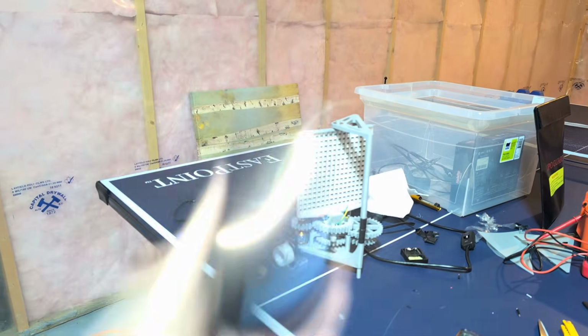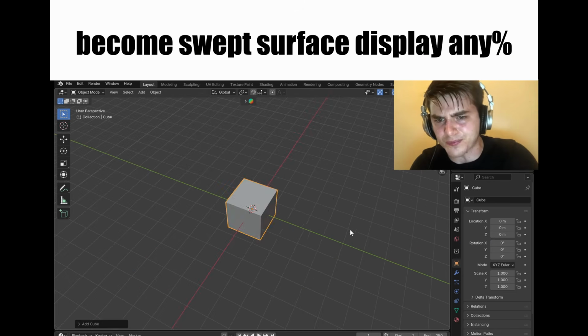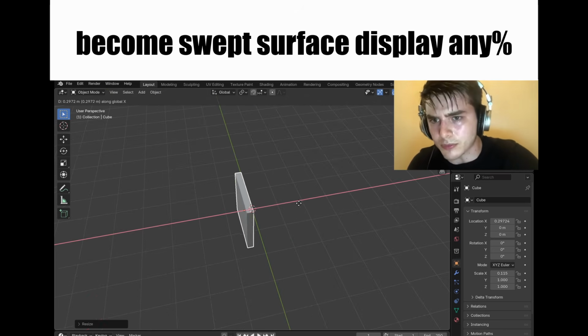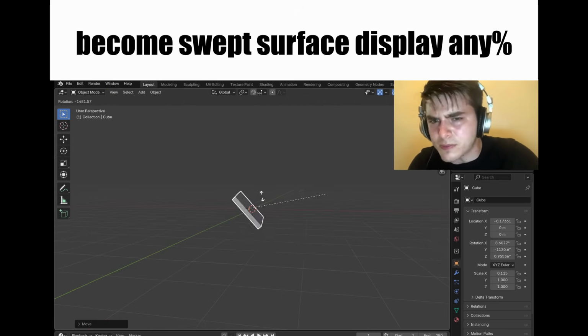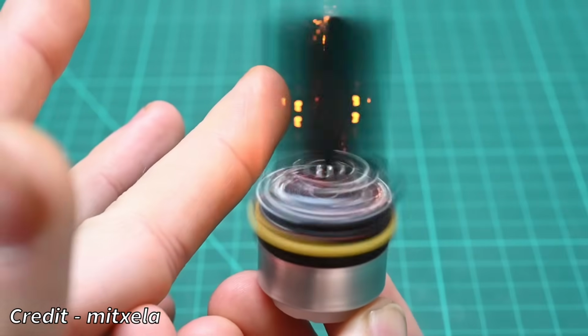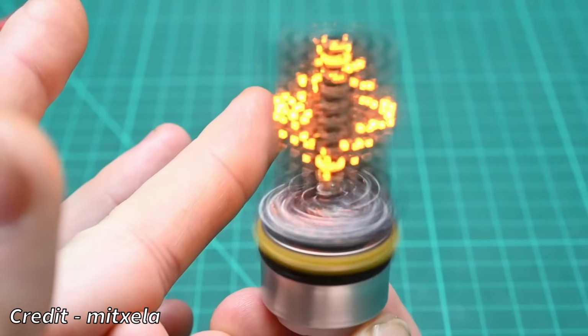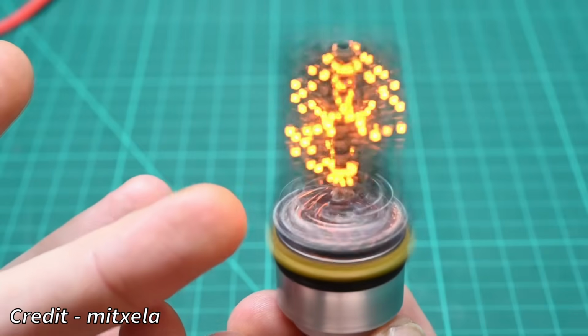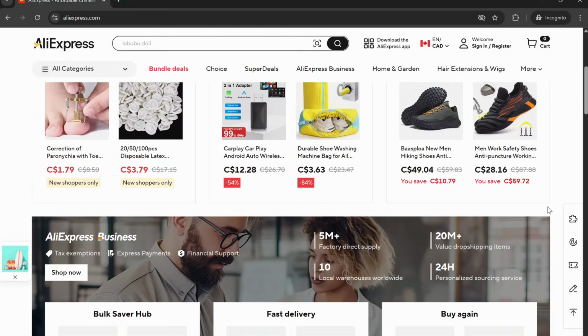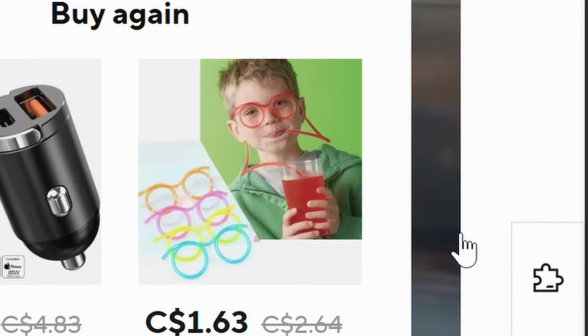Now, this is basically just the same thing, but instead of one or more individual points, we just move around an entire 2D surface really quick. One of my favorite displays I found on the internet is this little guy. Look at it, it's so cute. I thought this was pretty cool and it looked simple enough that I could build one. Now, it did seem kind of small and low resolution to me, so I looked on AliExpress in search of a better LED matrix, and instead found